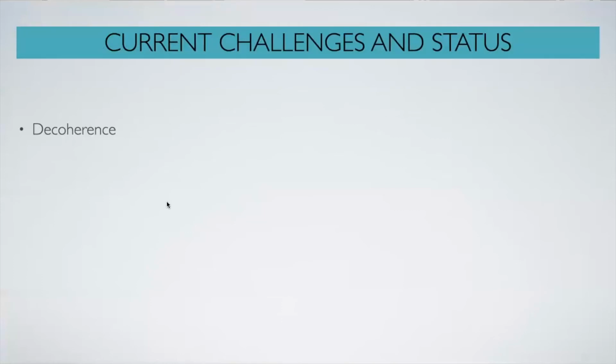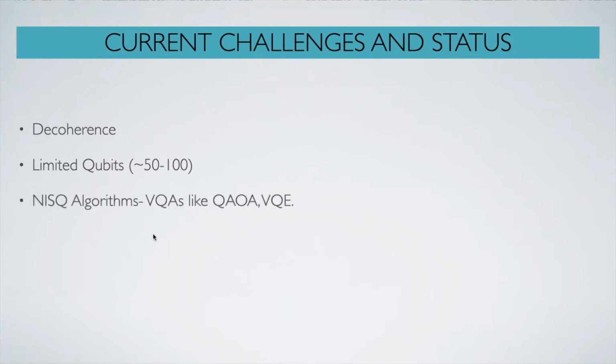Due to decoherence, we are also limited in the number of qubits we can handle at a time, so our systems are limited to around 50 to 100 qubits. I think IBM has a 65 qubit quantum computer, and Google has a 53 qubit one. So you see the limits are still rather low, but we have to work with what we have got. For this reason, over the past 10 years, researchers have come up with algorithms tailored towards these noisy intermediate scale quantum computers, or NISQ quantum computers.